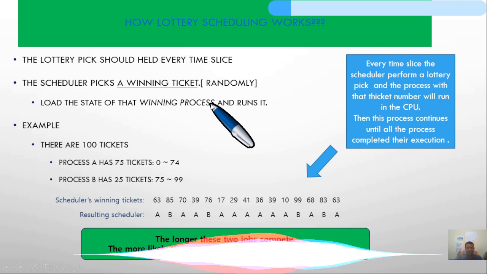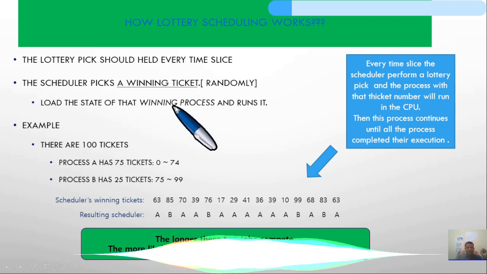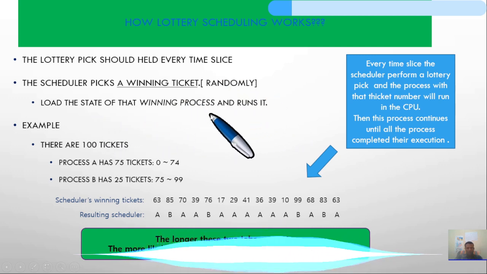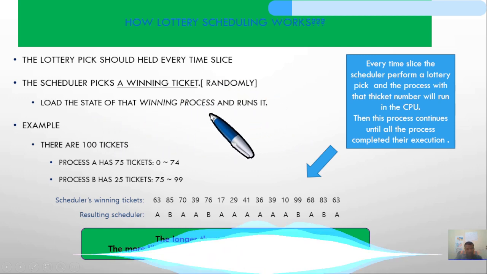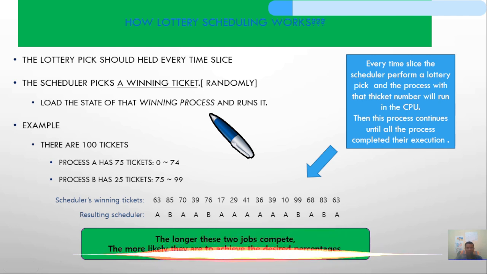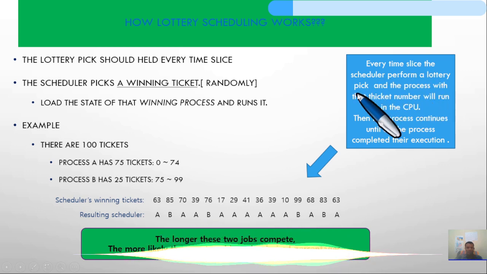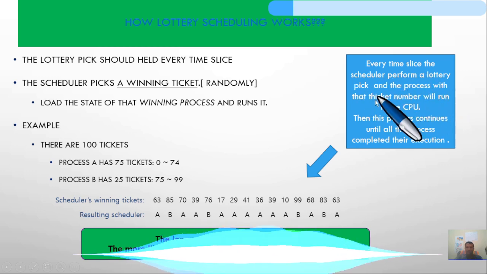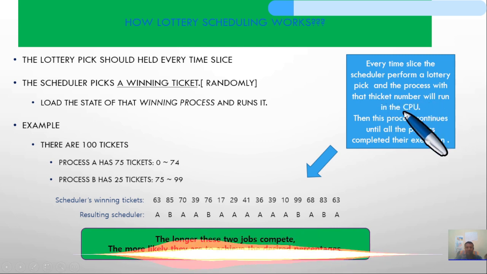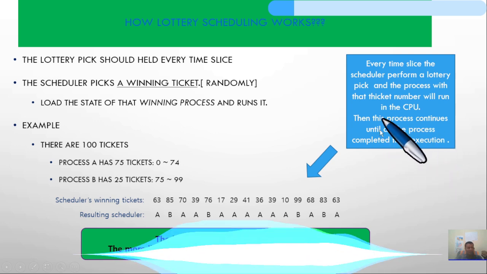The system is randomized, so it loads the state of that winning process and runs it. After every time slice the scheduler performs a lottery pick, and the process with that ticket number will run on the CPU. This continues until all the processes complete their execution.